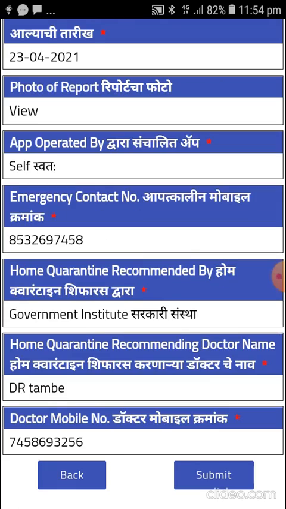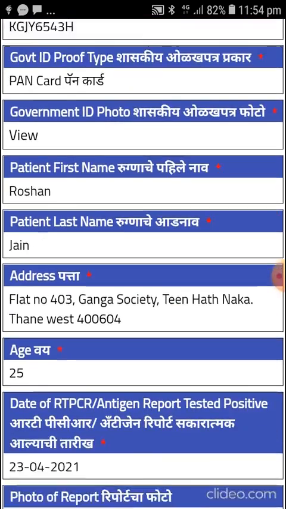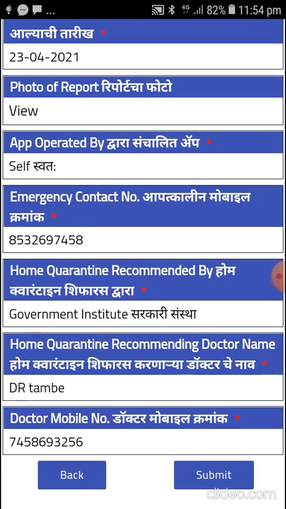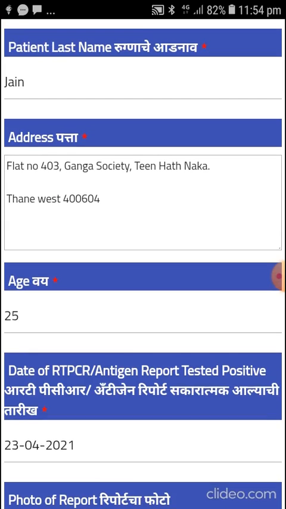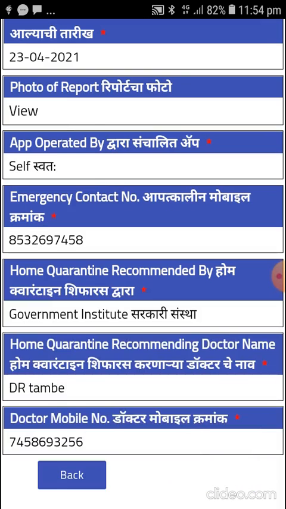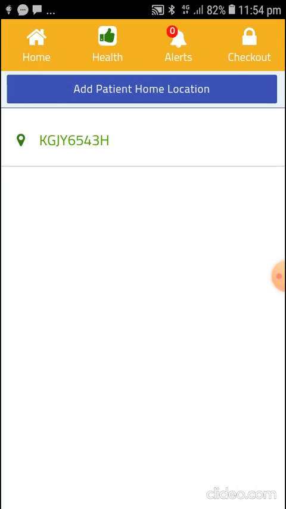Once you clicked on preview, you will cross check all the field data, and if you want to change anything, then you will click on back button. You will do required changes and then again click on preview and submit it. Once you submit it, within few seconds the ID proof number will highlight into green color. Like this, you will enroll into application once.